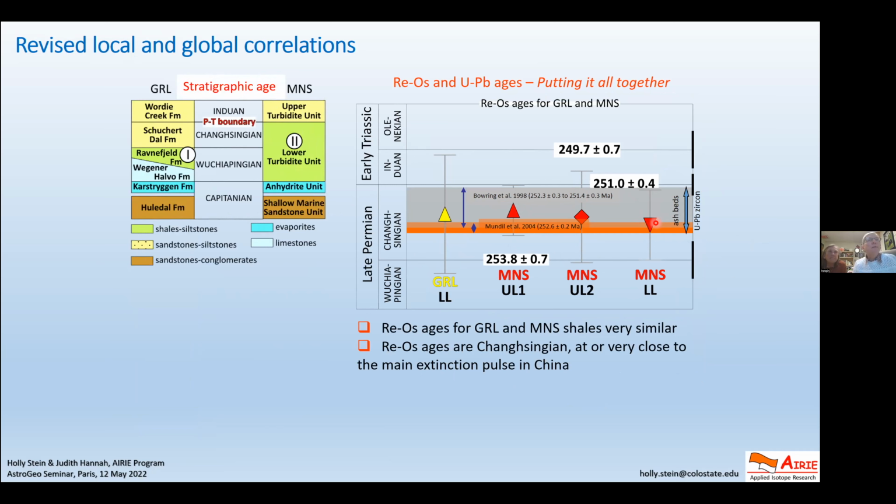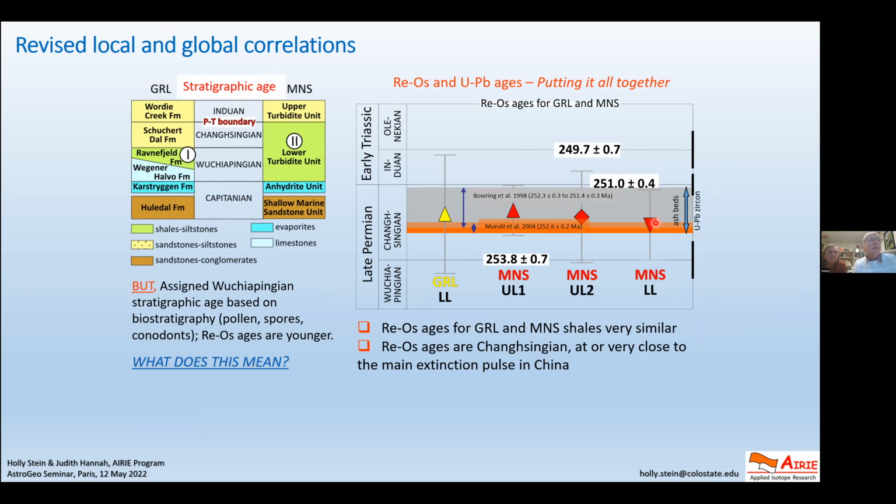We talked about this. So basically, what does this mean? The ages are younger than we were told. They're at the PT boundary. They're not Wuchiapingian stage. And initially, as we said, you could look in Svetlana Georg's paper, that the extinction may have spread, not be instantaneous, like the meteorite impact associated with the dinosaurs. You know, this was instantaneous.